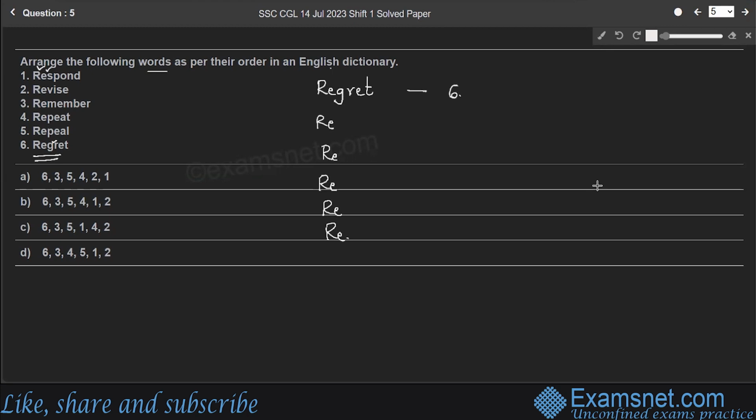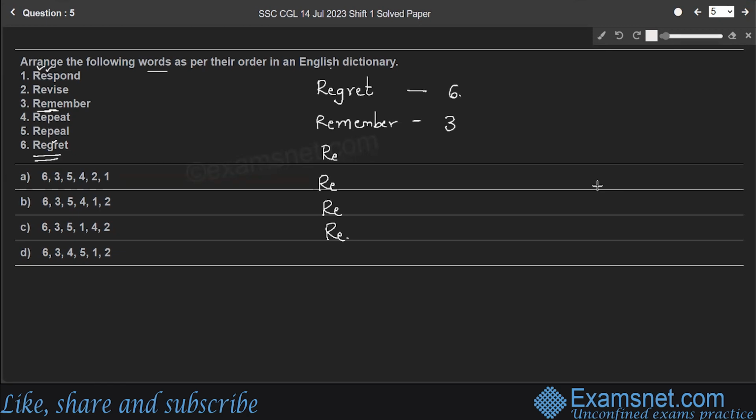So next comes REM. Look at the third word, right? After REG comes REM, therefore REM, right? No need to bother about the remaining letters. Remember comes before the remaining words. So which is the third word, right? So next, after remember,